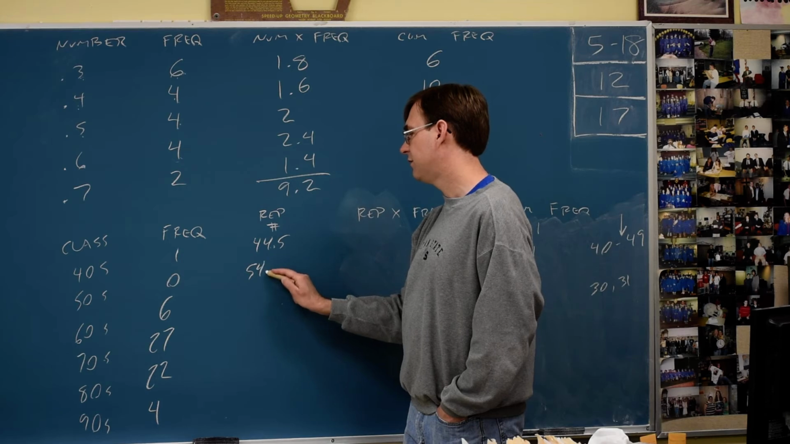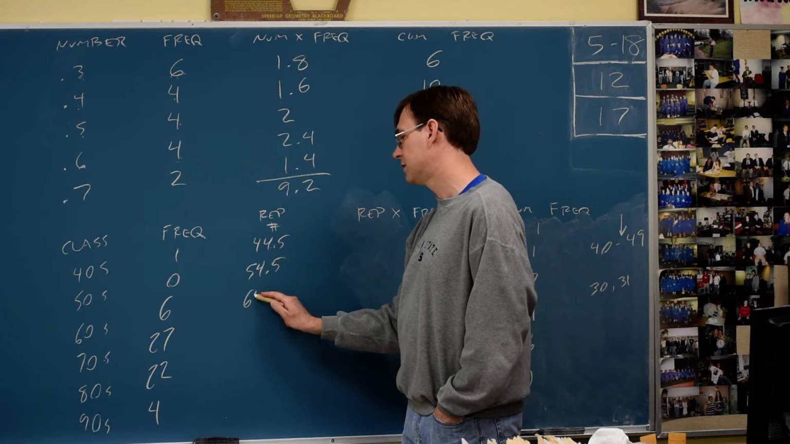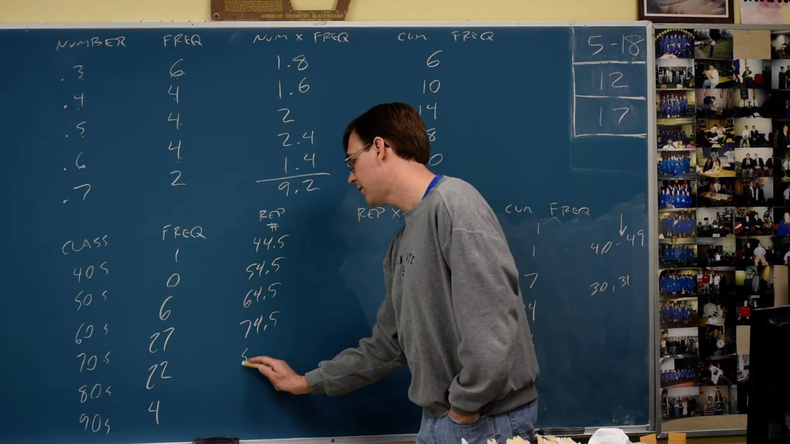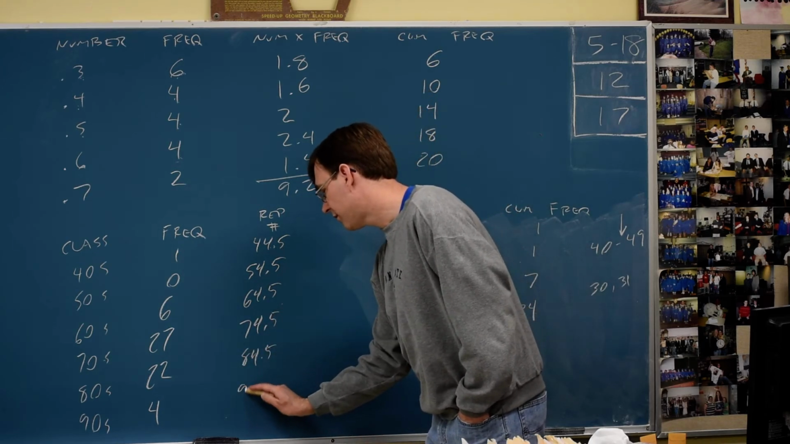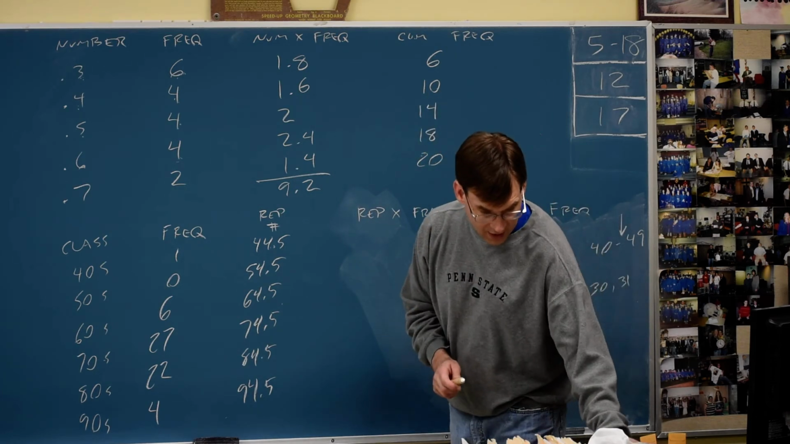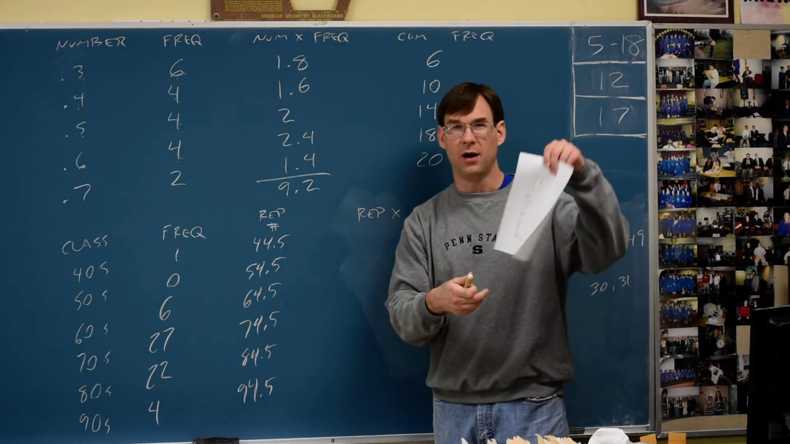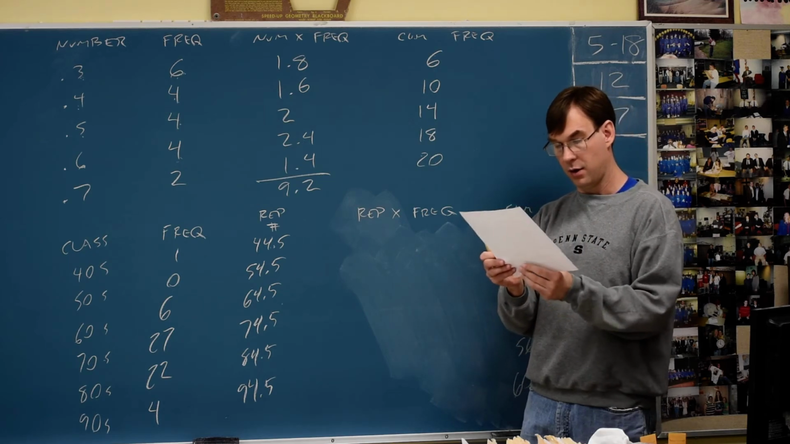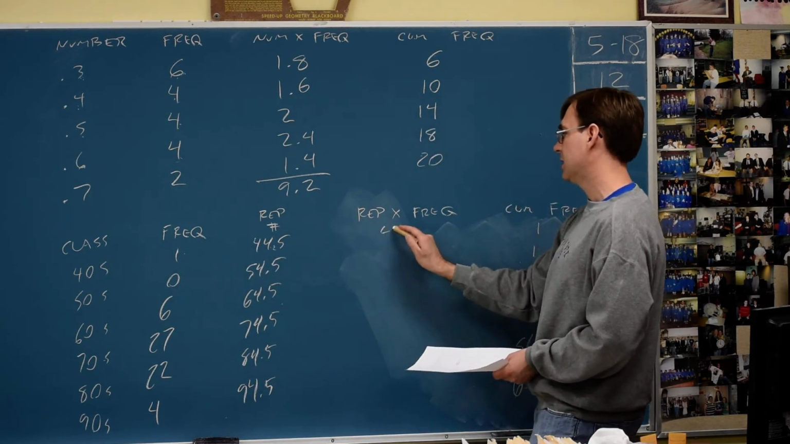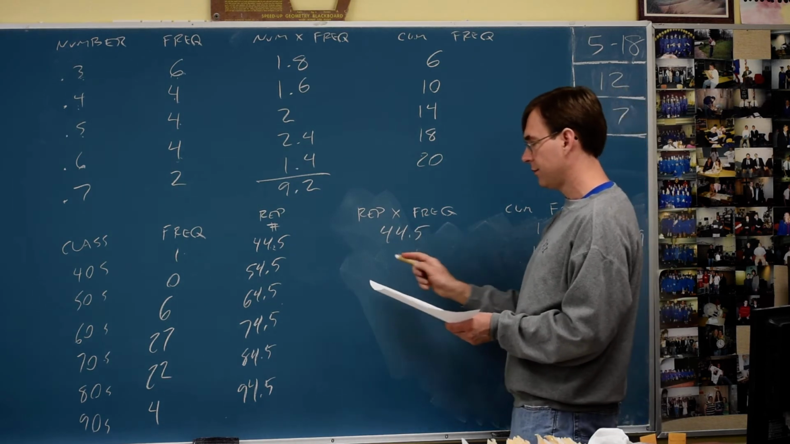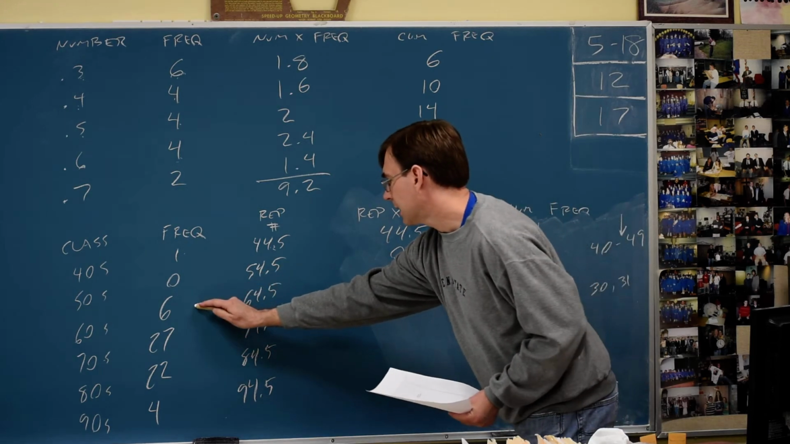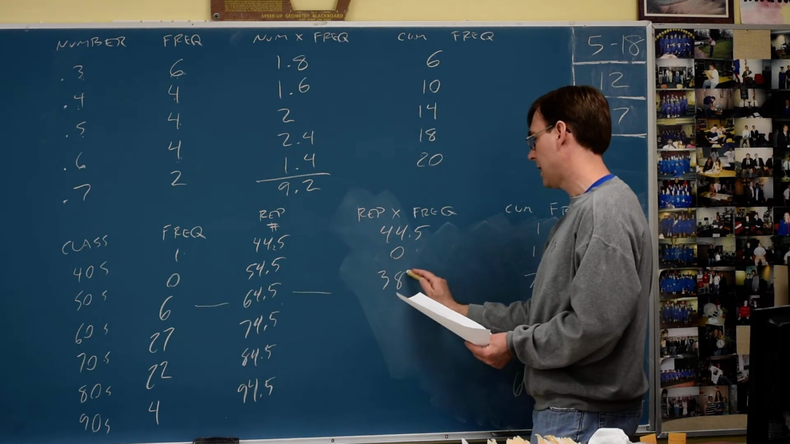For the 50s, 54.5, 60s is 64.5, 74.5, 84.5, and 94.5. We're going to have to multiply these, and I have them written on the paper I gave you, so I don't know that I necessarily, well, I'll just write them down anyway. We'll go 1 times this is 44.5, 0 times anything is 0, 6 times the 60s is 387,